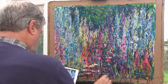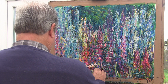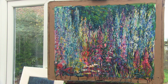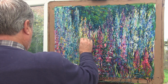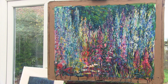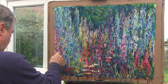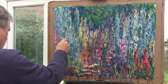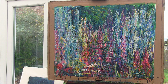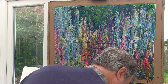Can't put any more on there, that's saturated. But we can still down here, so we will. You can see it yourself now, we're at the closing stages. Got the variety of greens we're looking for. I would say that's almost done because we don't want to go to super realism. It's only meant to be